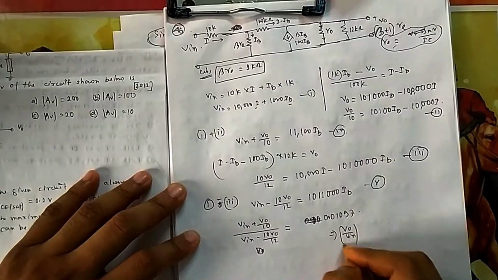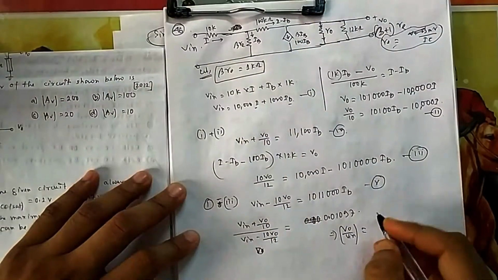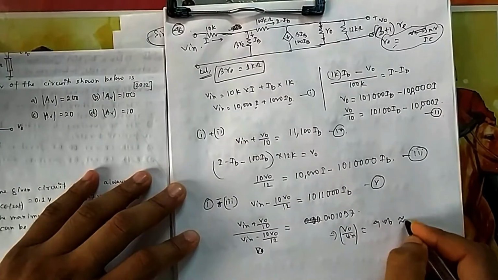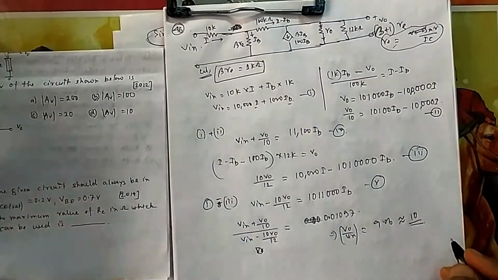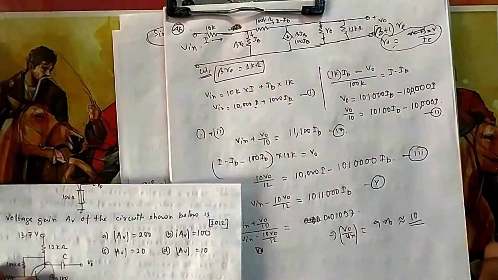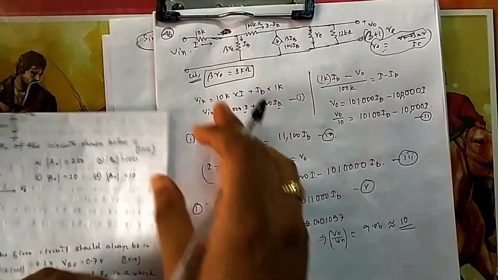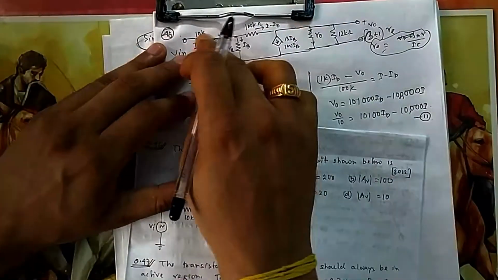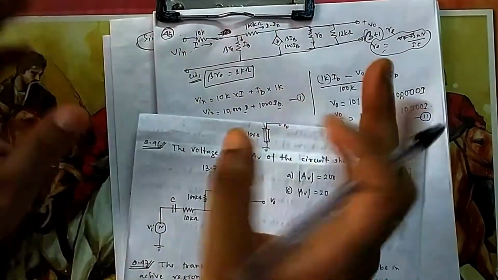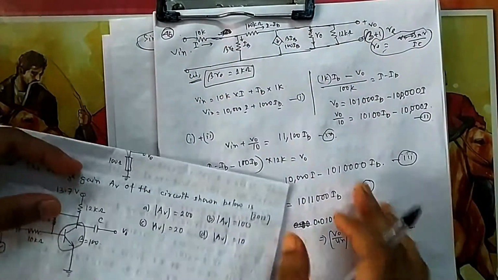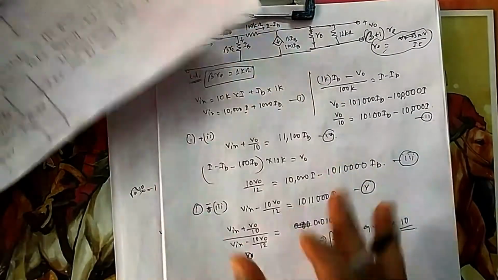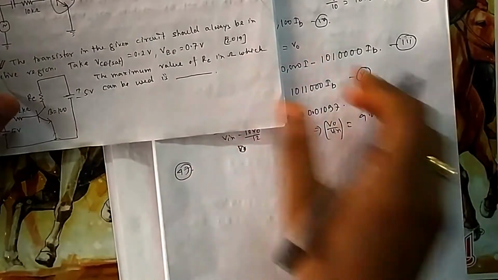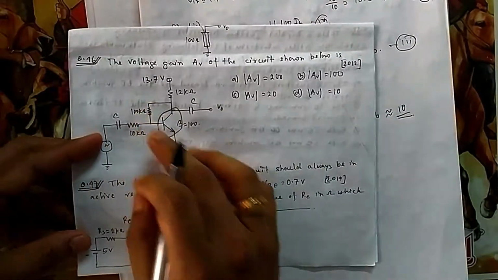And finally if you do it, you will find VO by V in. I am directly writing it because it will take some time. It is 9.06, which, from the options, you can say is around 10. So that's why the hybrid parameter is important. Because of this resistance only, it becomes problematic. Otherwise there is no relation between input and output. Input side you take KVL, output side you take KVL, and with 2 KVL it comes down. But here because of this we have to take one more extra, so 3 equations came. Otherwise it would have been an easy question. You will see in an amplifier while we are solving, it doesn't take so much time. But here because of this resistance, the problem occurred.